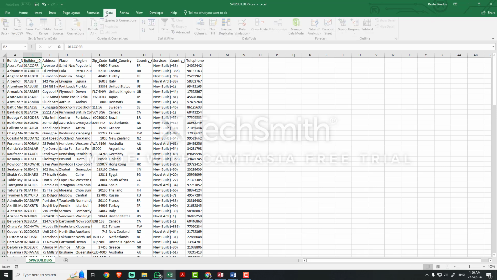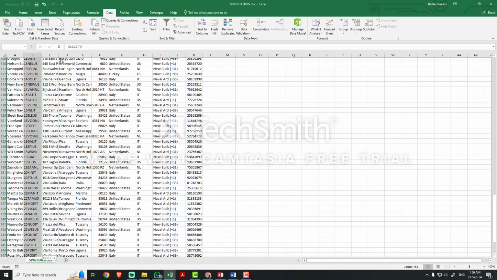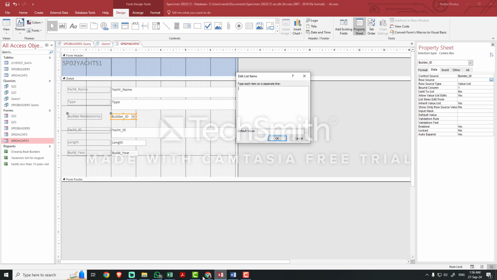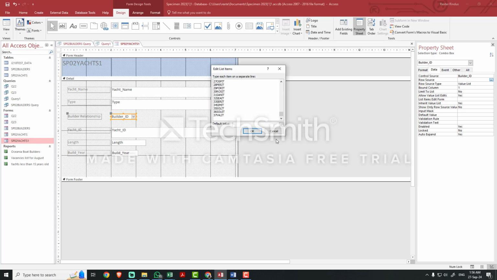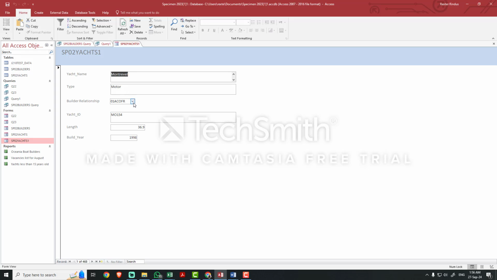Sorting, again, it's just Data, ascend, descend. So just highlight everything, copy that, and go here and input that particular data. If there's specific data that you want to be a default value, click that one. Alright, so type each item on a separate line. We don't need to, because this is the whole thing already. So just click OK, and this is what you should get now. You should get those particular options like this. So there you go, everything is there.